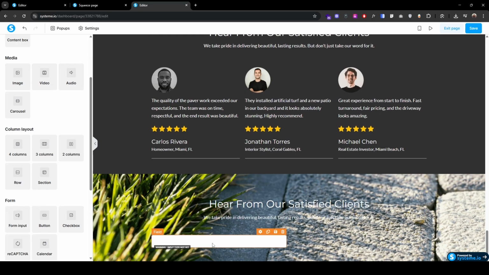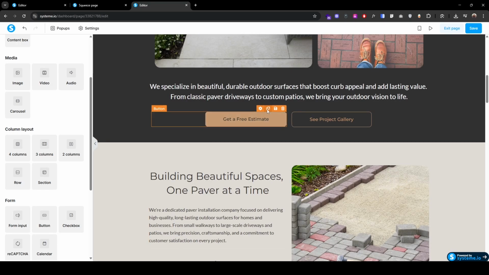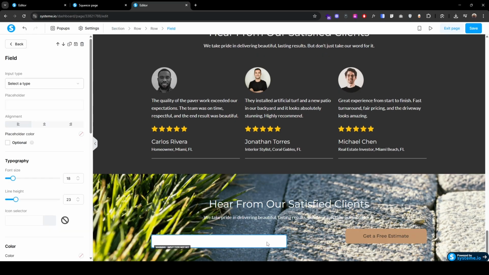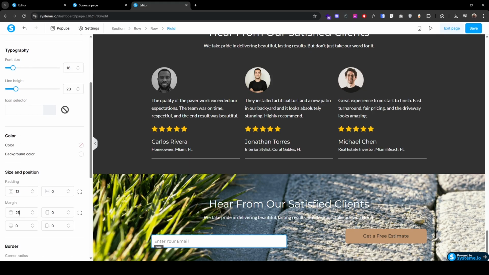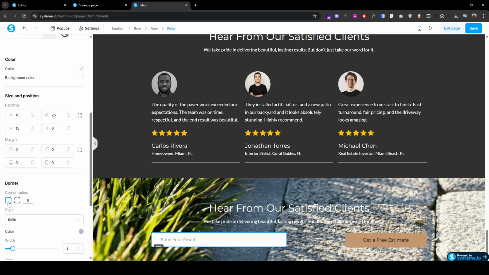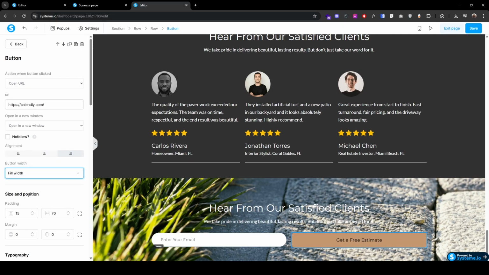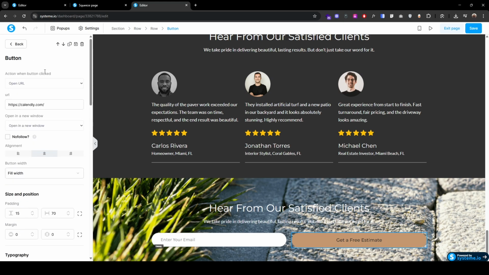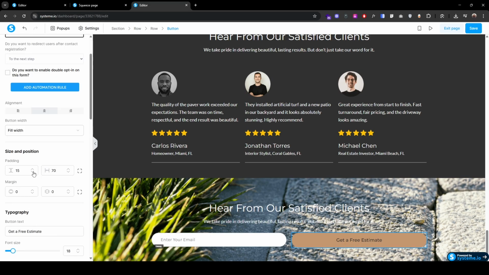input, drop it here and scroll up, duplicate this, click here, select type email, placeholder, let's say enter your email, remove the margin to 0 and add some top and bottom padding to 15, click here, add some left padding to 25, scroll down, corner radius, let's make it I guess 100, here button width, full width, alignment, let's make it center, add corner radius 100, action when button click this submit form, reduce the top and bottom padding a